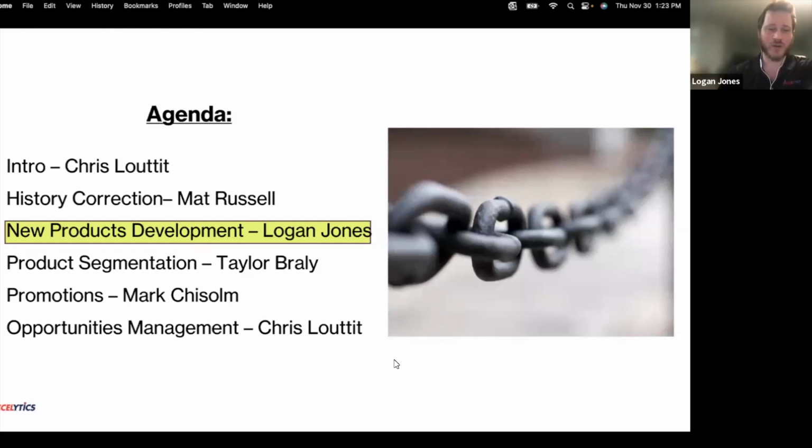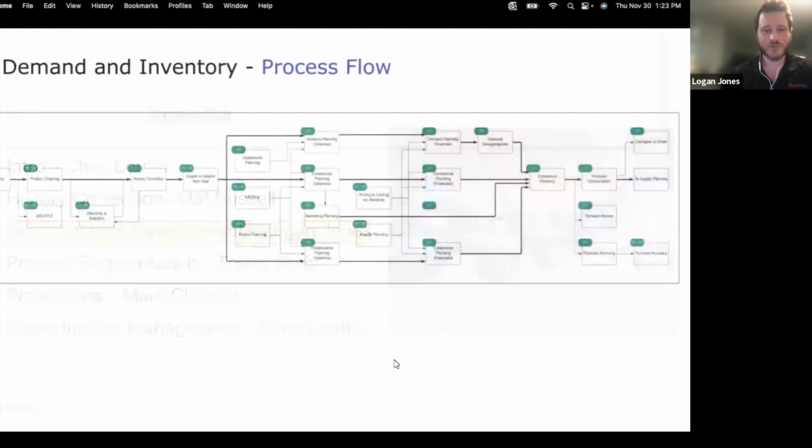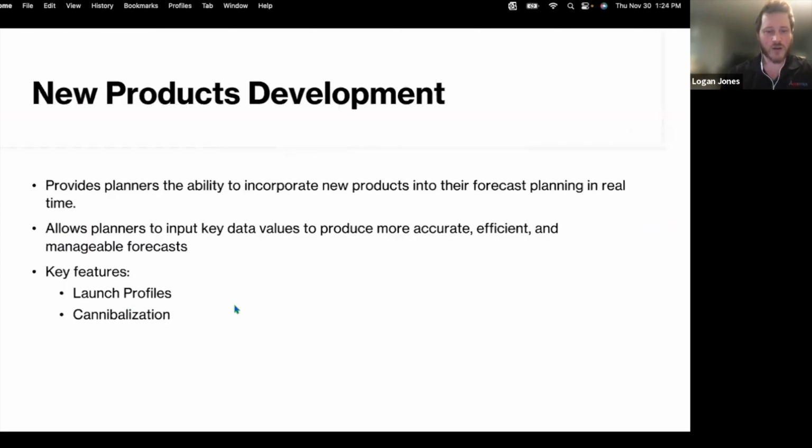I'll be going over the new products development portion of the app. And so at this point, we can see where we're at within the process flow for our demand and inventory. And then,